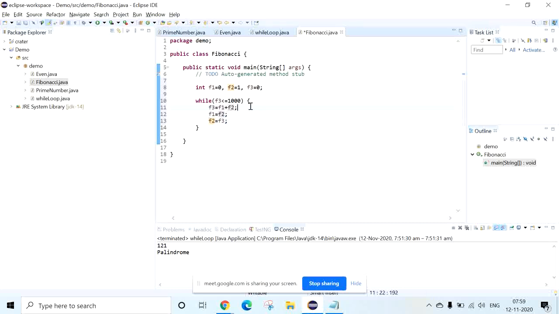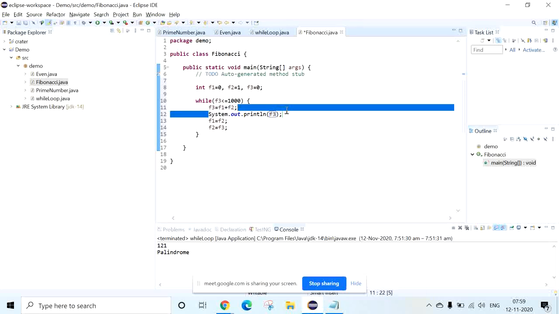Once we have added, we can print the F3 value. Once we have done the addition operation, you print that F3 value, then F1 equal to F2, then F2 equal to F3.